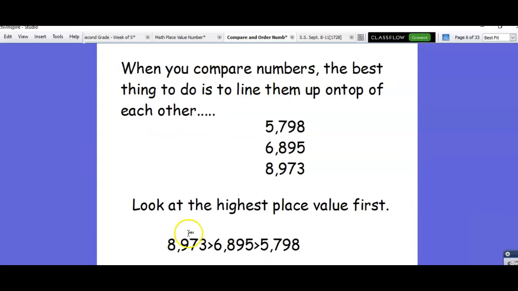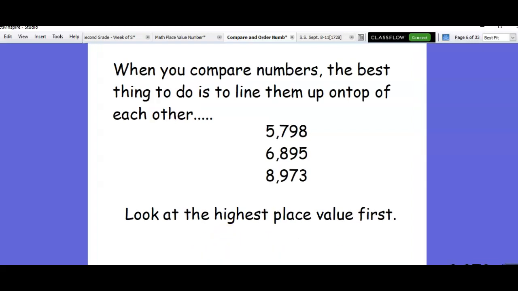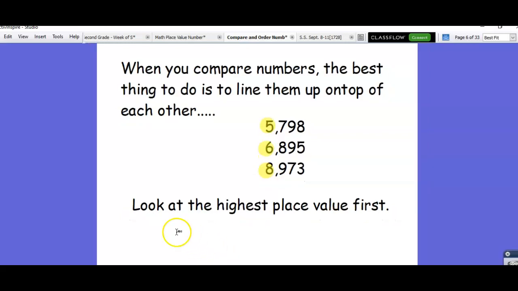This is the way that most of the time you are going to write these numbers and solve these questions. This is Mr. Hayden's favorite way, which is to line up the place values. You see how all the thousands are lined up, all the hundreds are lined up, all the tens are lined up, and all the ones are lined up. Now all you have to do is start at the highest place value first. The highest place values are the 5, the 6, and the 8, because they're in the thousands. So now you put them in order. The number that has the highest place value here would be the 8,000. 8,000 is more than 6,000 and it's more than 5,000. So you would write down